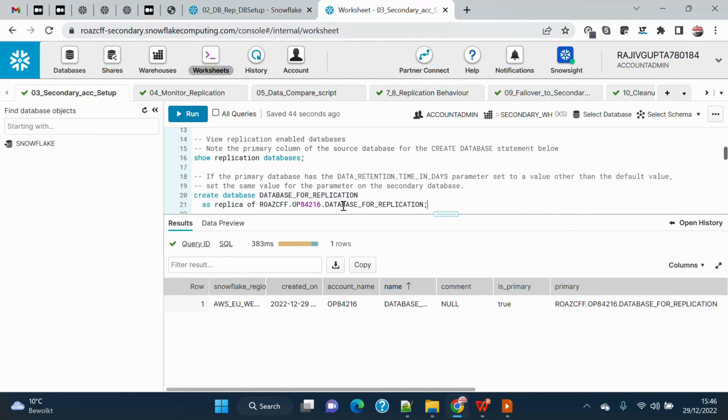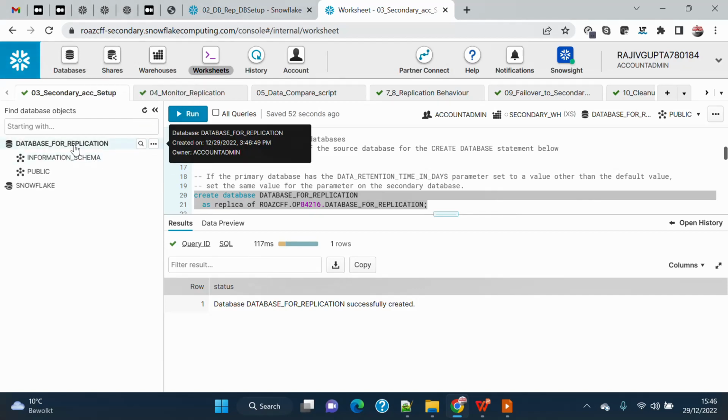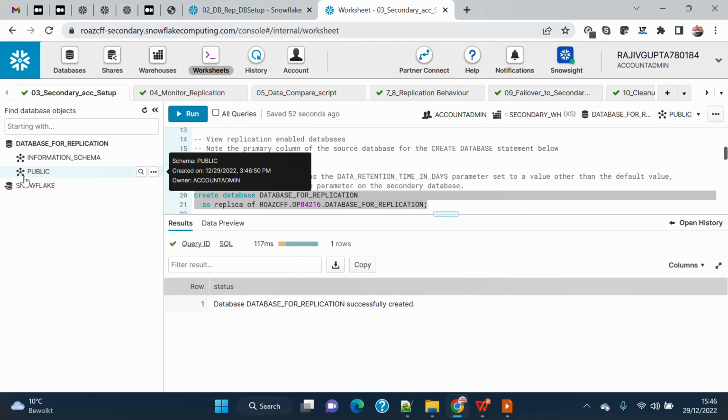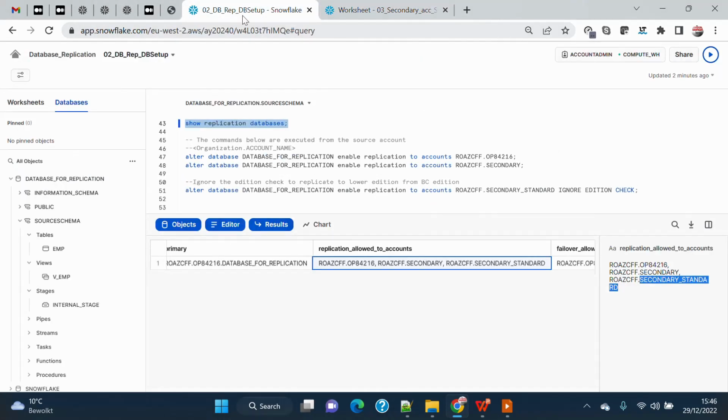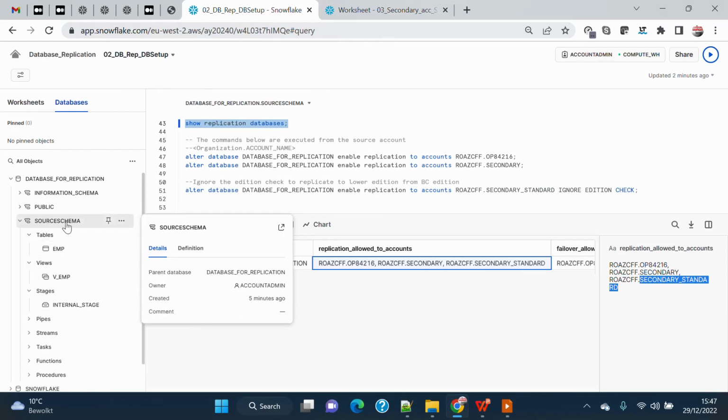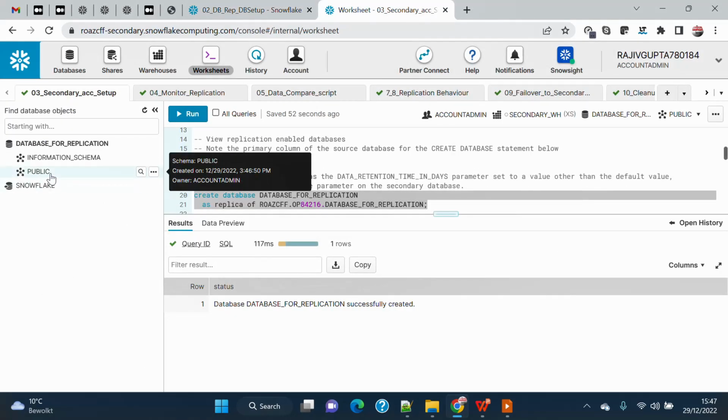So we are just going to create, and you can see this is my organization name, this is my account name, and this is my database name. I'm going to create the database in the secondary account. Now if I refresh, you will see that the database has been created as a replica, but the schema which I created over here has not been created. I have a schema called source schema, but at the moment there is no source schema over here, which means no replication has happened yet, and it has just created the replica of the database. So a container has been created, but the replication has not yet happened until we do the initial